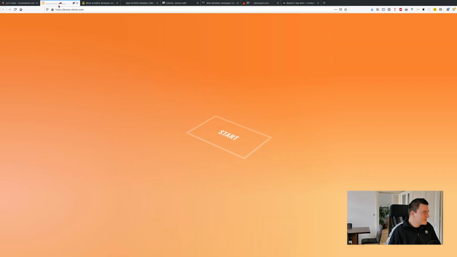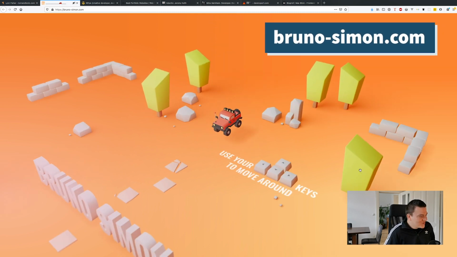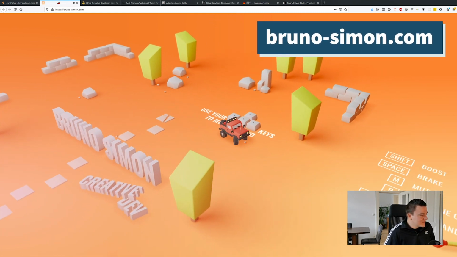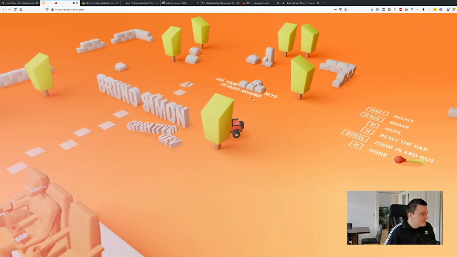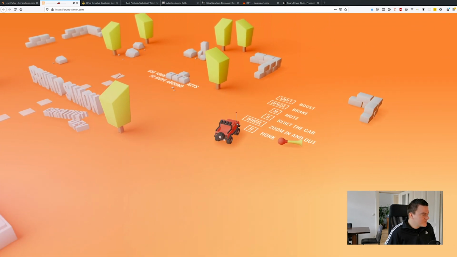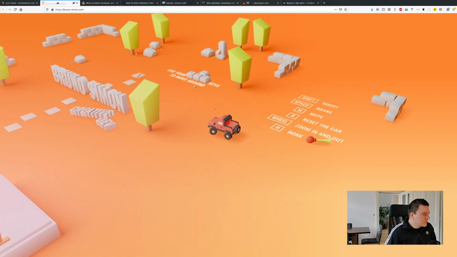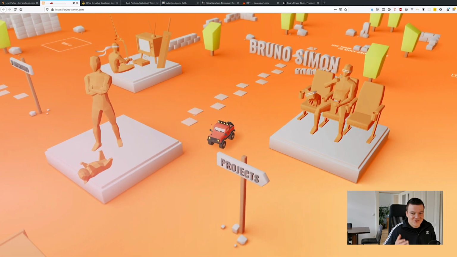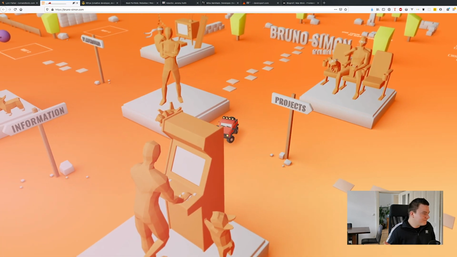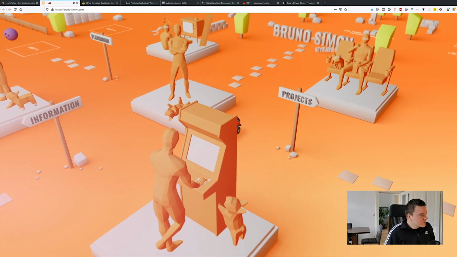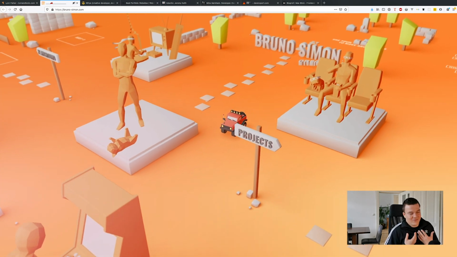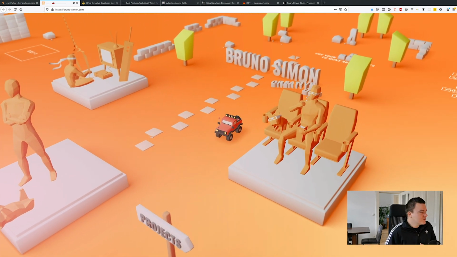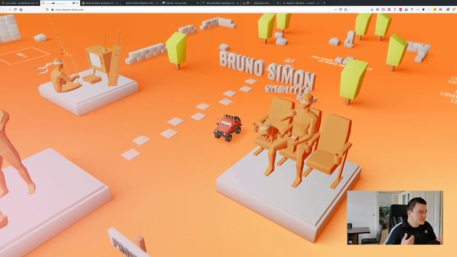Another great example is, and I guess that most of you have already seen this website by Bruno Simon. I don't even know how you do it. Like, there's a car, you can use the arrow keys to drive around, and you can explore his world, his website, and this is just so cool. Like, again, I don't even know what this is. JavaScript and Three.js. I don't know. It's just so cool. And again, I'm not as talented as he is to create something like that, but it